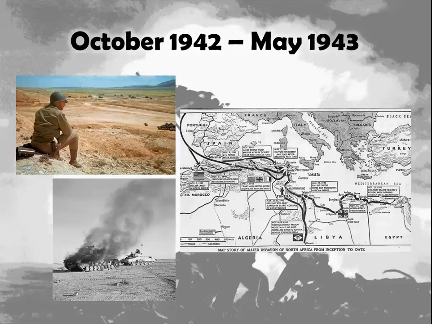From October 1942 to May 1943, the Allies began to drive the Axis powers out of North Africa. You started first off with the British in northeastern Africa with American landings in northwestern Africa, and they begin to push the Italians and Germans closer and closer together into Tunisia, right up to the end where they meet.